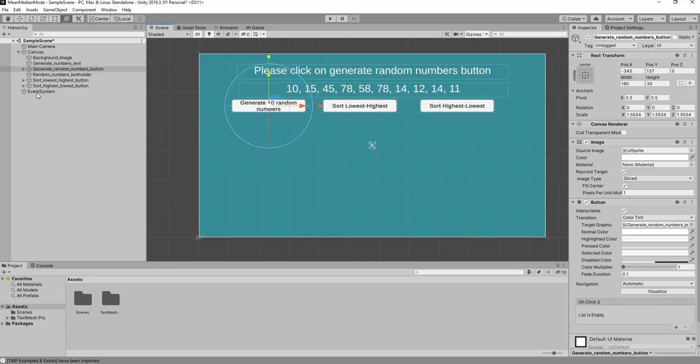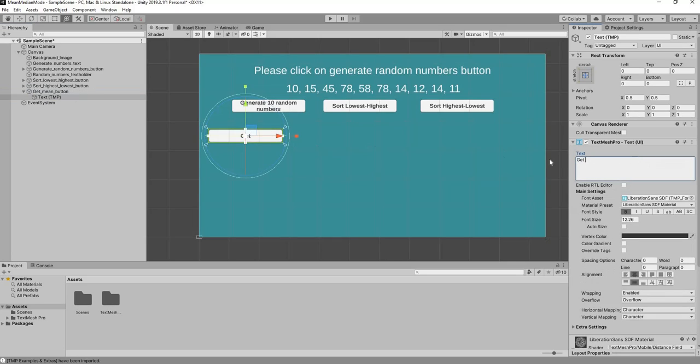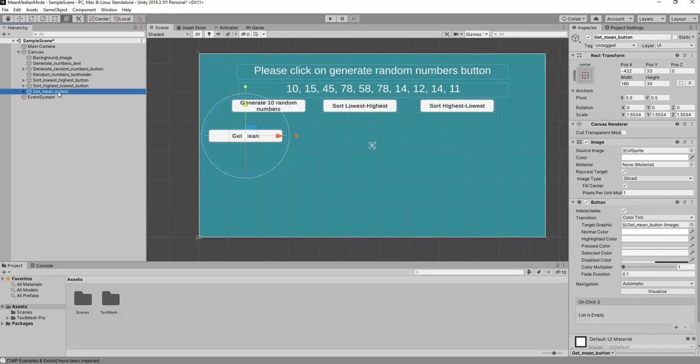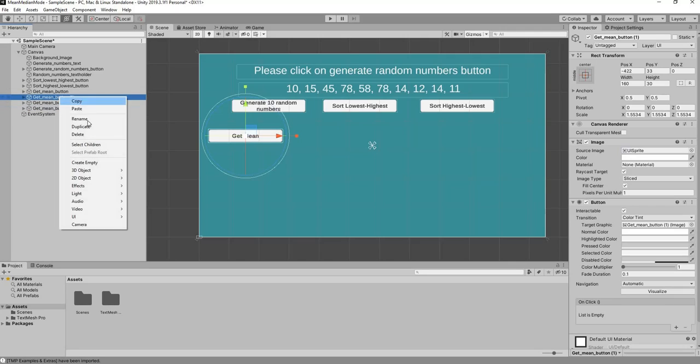So we'll click on the random button, we'll Control D, and rename this to get mean button. I'm going to select it, move it down, and I also want to move it a bit left because we have text that's going to fill in there. Then we want to change the name on the button to say get mean. I'm going to duplicate this button 3 more times. That's 1, 2, 3. The second button I want to rename to get median button,